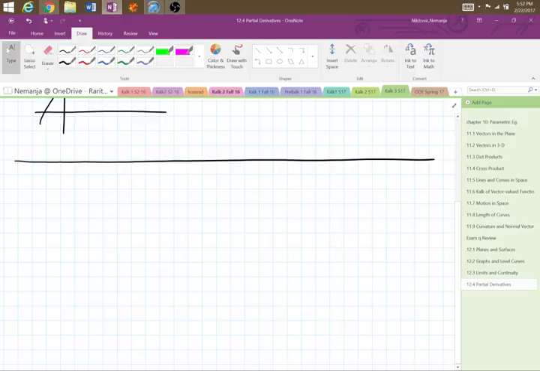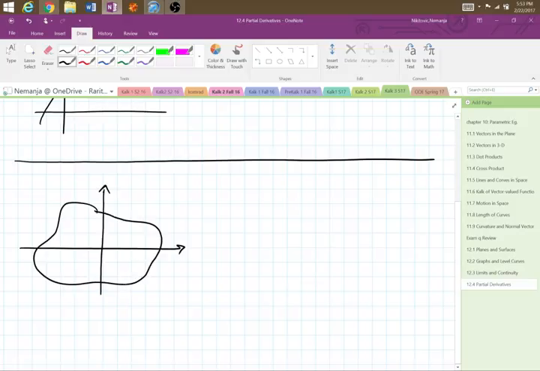If you think about it, I'm going to draw the domain, with the pen again. I'm going to draw the xy plane, which will house the domain for our function. So here we have the xy plane, and let's say this region R is the domain for our function. Now note that you have x and y